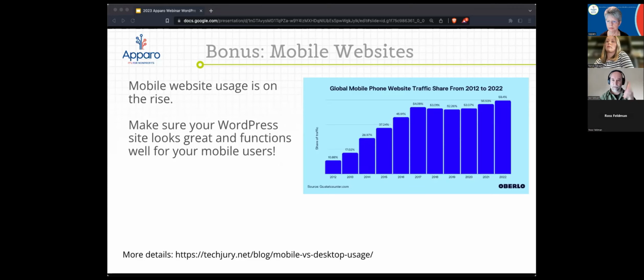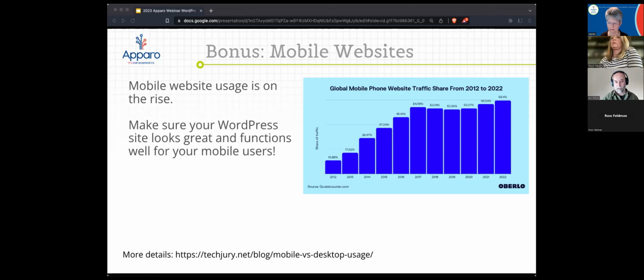Now remember, your desktop is oriented horizontally, but your mobile phone, most users use their mobile phone in a portrait orientation. So you can't just take a horizontally designed website and mash it into that portrait orientation on your phone. So that requires a little bit of forethought and planning. And again, that's where Tammy and the magic that your designer, that's what they do, they're going to make that work for you. There may be some sacrifices, some pros and cons, but it's worth it because we see the